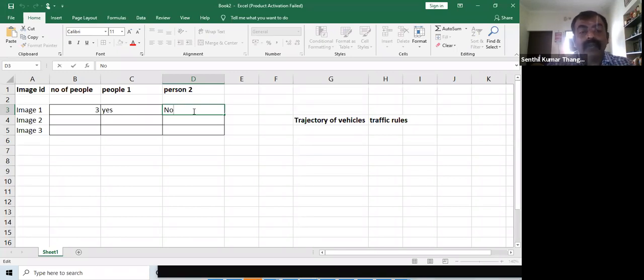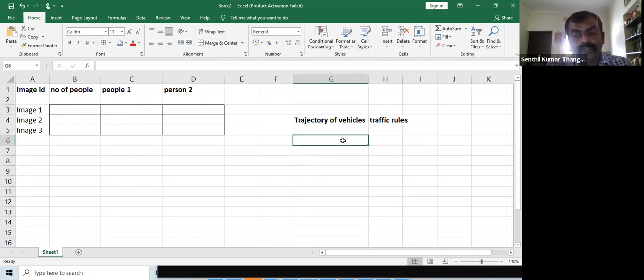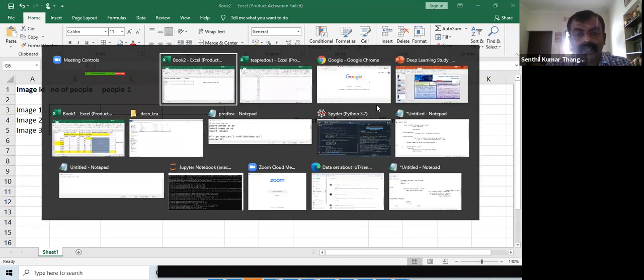Okay, so what I'm trying to show you here is the possibility of building data. Not all the time will people say that I'm working directly with video data. No, you would actually have algorithms which run on the video data, and those algorithms will populate it to a CSV file like this. Once it populates to a CSV file like this, then you can write algorithms or code with whatever approach you know. It can be machine learning or deep learning, and it will work on the data, right? Closer to this is the data set which I usually suggest to people.